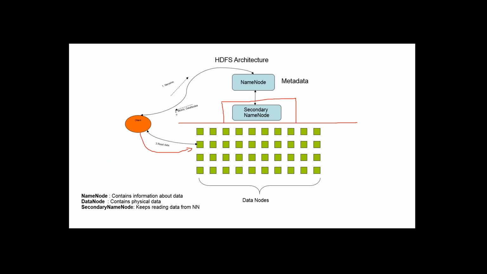The secondary name node is nothing but a copy of your name node, maintained by the secondary name node. In case the name node goes down, the secondary name node is brought up, and the request can then be processed by it. But if your data node goes down, the same data is replicated somewhere else also. So if this data node goes down, similar data might be lying over here or here also. The name node knows which data node is up and which is down, so it will tell the client from which data node it has to read the data.